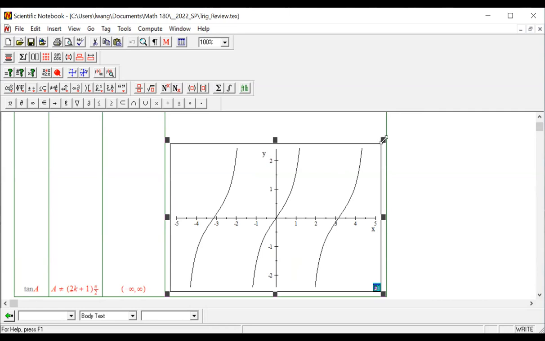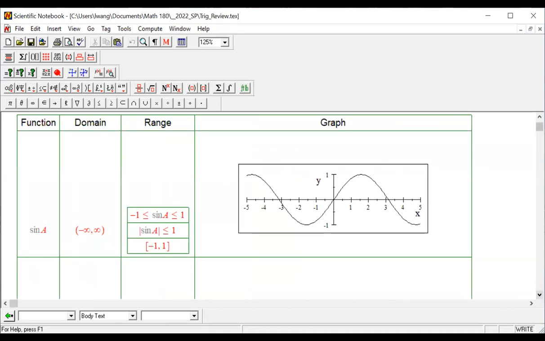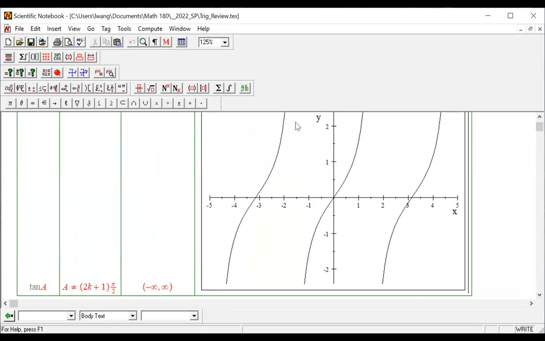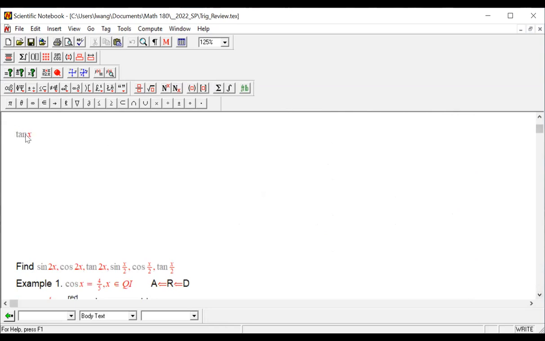No, these things just don't line up very nicely, because no software is perfect. So the vertical asymptotes are at the forbidden value, the forbidden input. And so let's look at